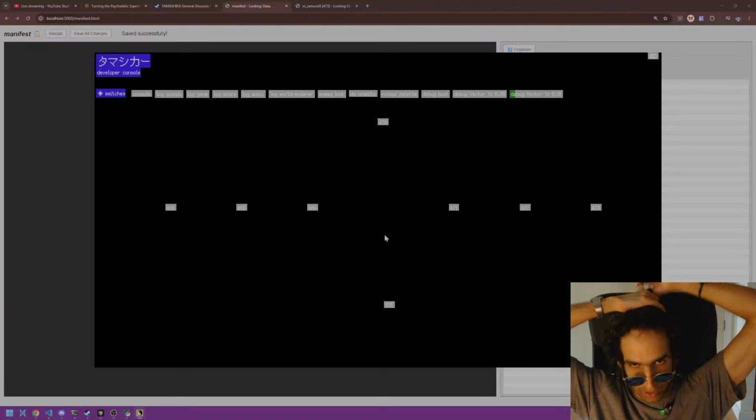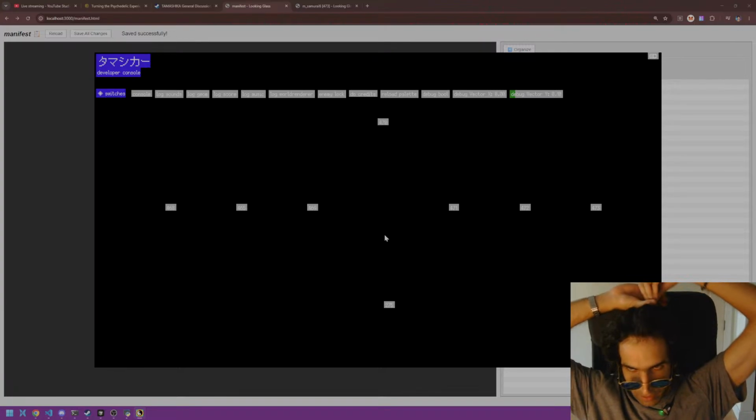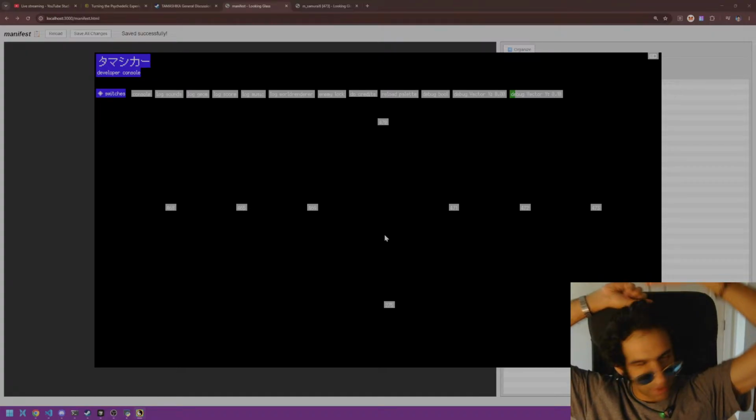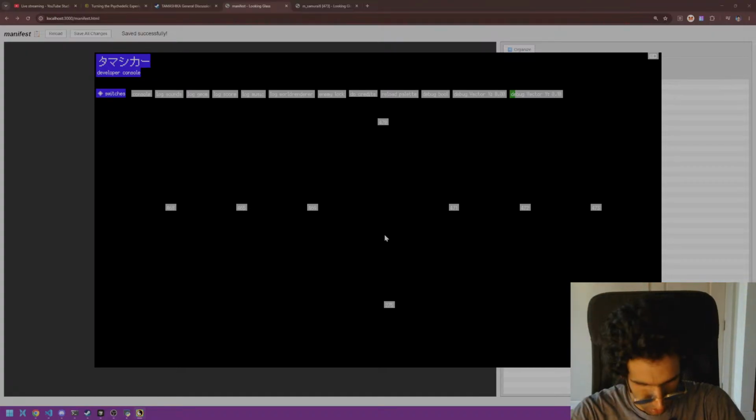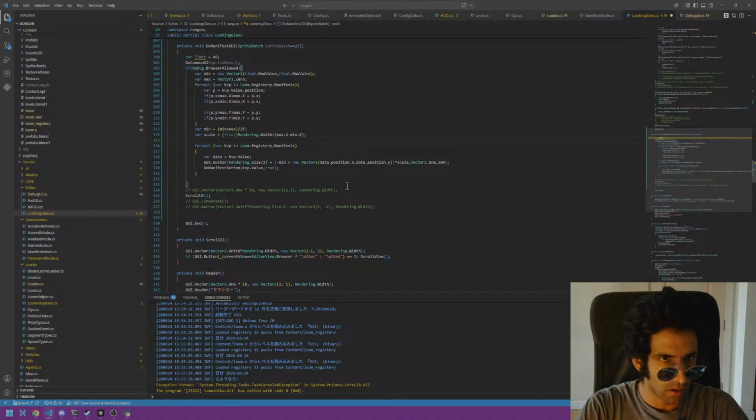We'll have to take into account the y scale as well. No worries. I think we can take the smaller of the two. Yeah, we can take the